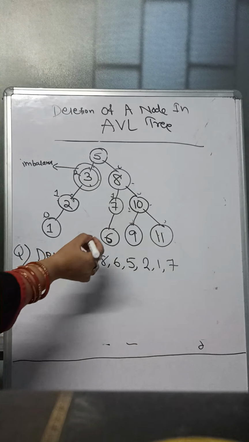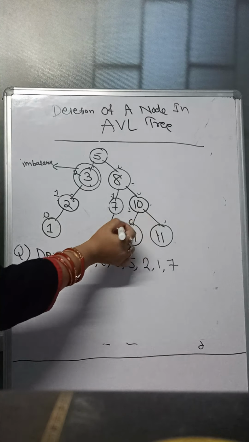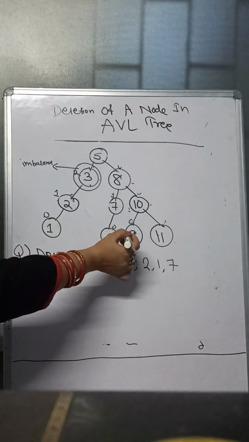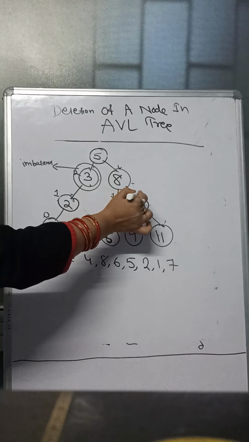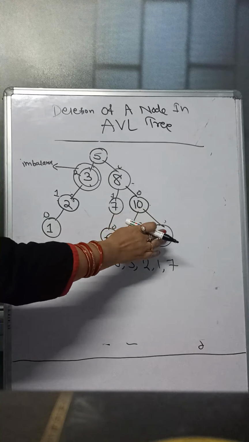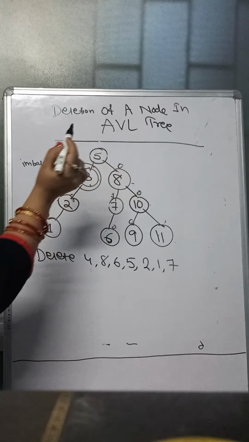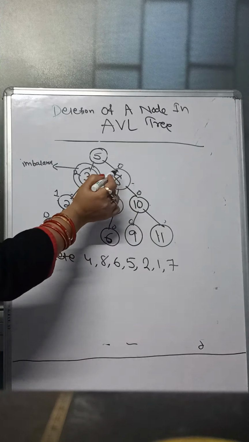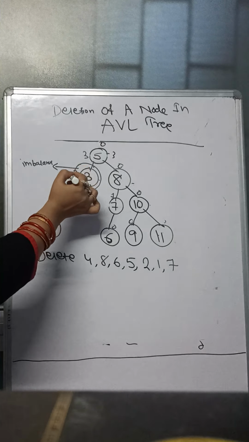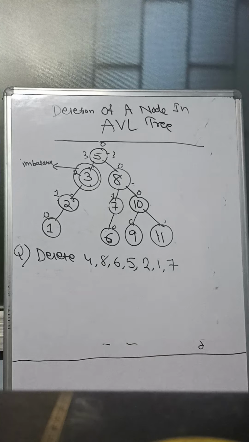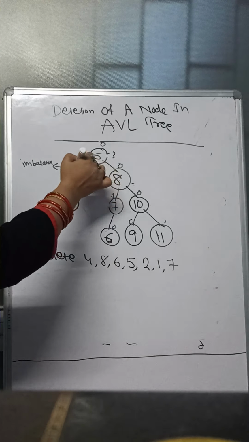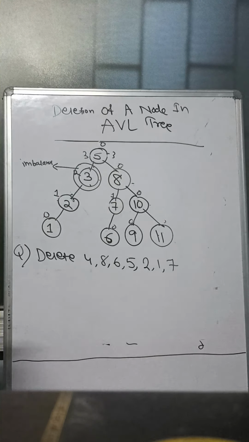Okay, then take this 0, 0, 0, then 0, 1. Okay, then 0. This is 1, 0, minus 1, 1, minus 1, 0. Then 0, 1, 2, 0, minus 1, minus 2. So its balance factor is 0. 0, 1, 0, 1, 2, 3, 0, minus 1, minus 2, minus 3, 3 and minus 3, 0. So your imbalance is here. Every node's balance factor is okay, but here your imbalance occurs because your balance factor is 2.